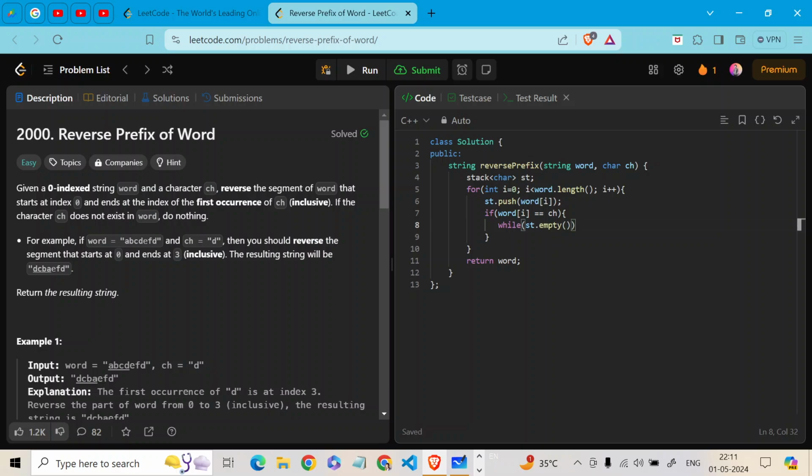So first of all we'll push every character from word, and in between the process, if we find out that a specific word is equal to ch, then we will run a while loop, because we have found out the substring from the word. So we need to reverse that. In order to reverse, as we have used stack, we need to run a while loop until the stack gets emptied, so while stack is not empty,